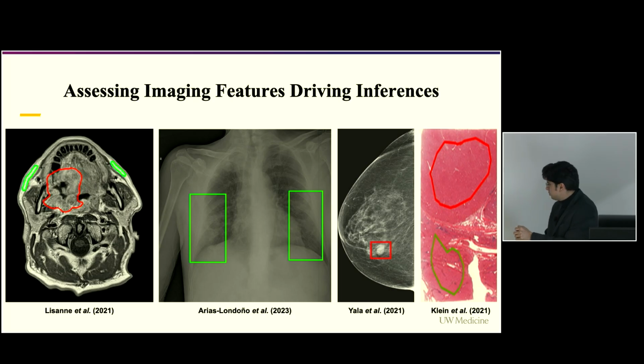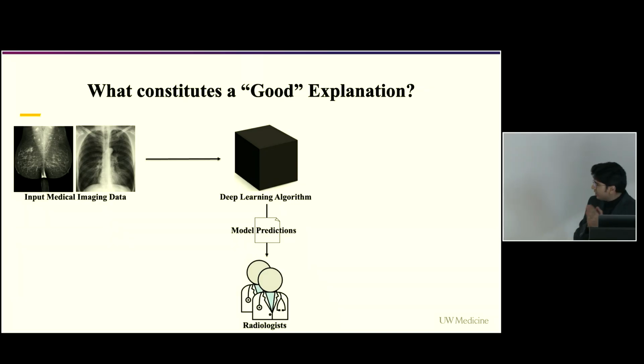And of course, this is not specific to the field of breast cancer or mammograms. This is across diseases. This is across imaging modalities. So do we feel such segmentations could be helpful to assess the imaging features that could be driving the inferences, the results of that deep learning model? Do we feel that? Yep, that's good. We agree. So let us try and better understand what is the real challenge in coming up with such clear notions of where the model was exactly looking.